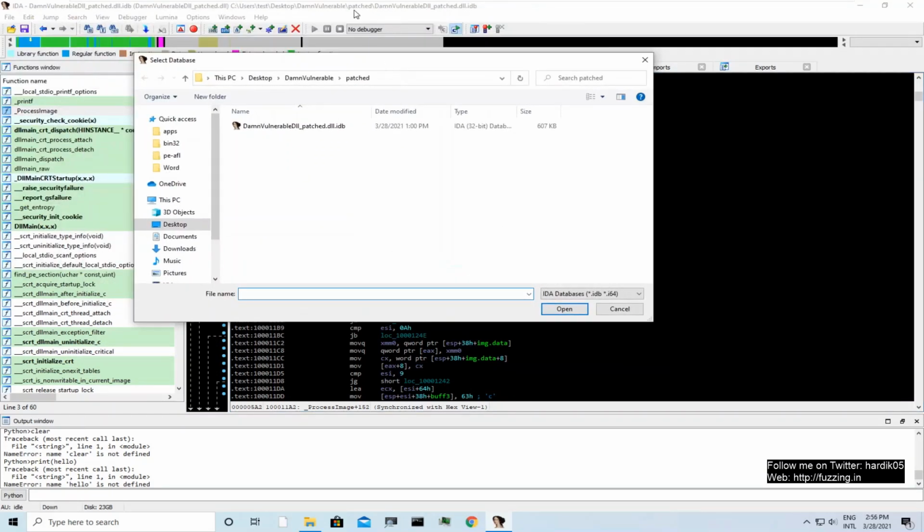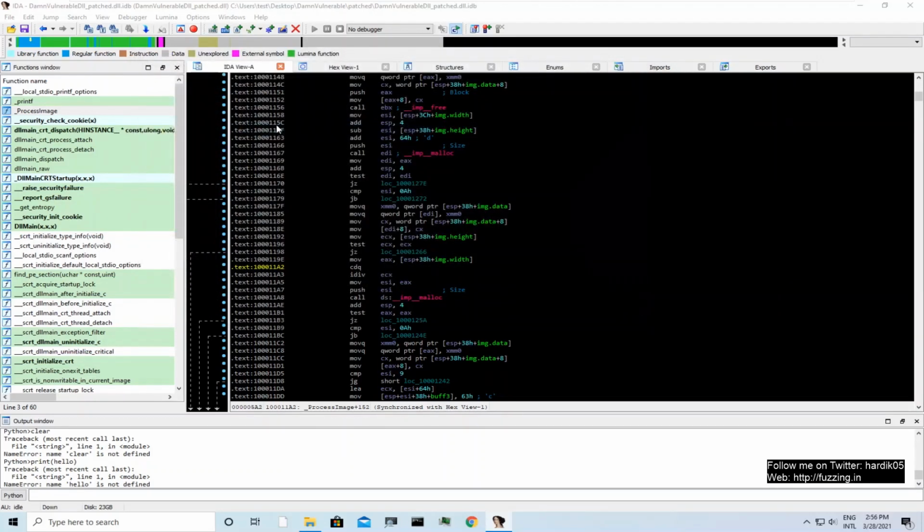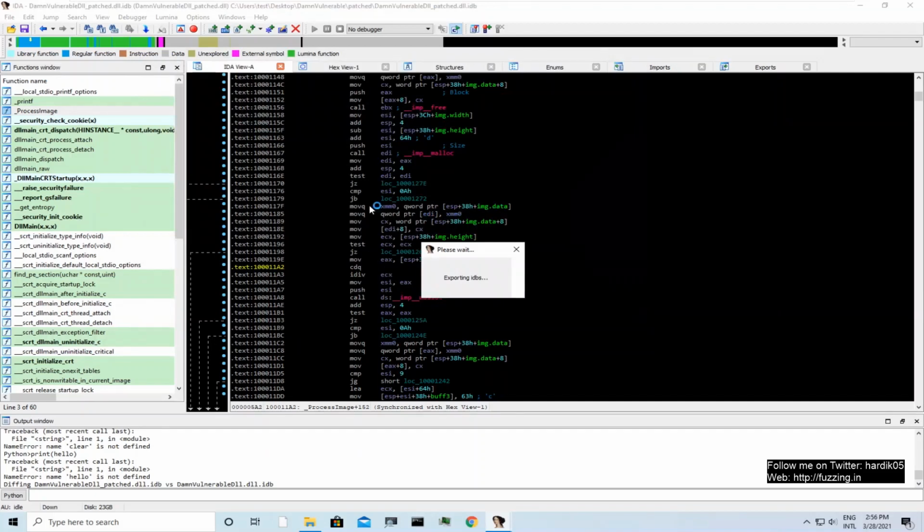Since we have opened this patched file, we will open our non-patched file so that it can diff these two IDB files. It will take some time, maybe a few seconds, maybe a minute, and it will give you results. So let's wait till it finishes the analysis.